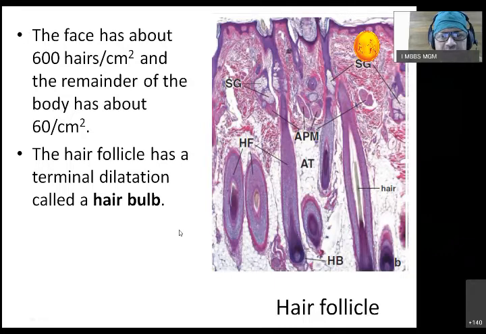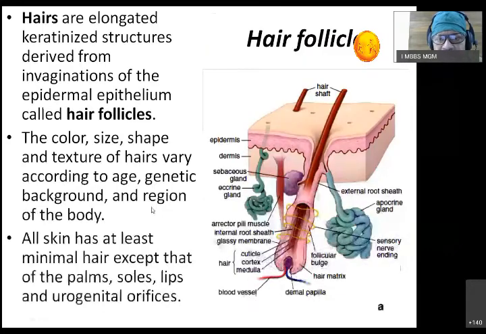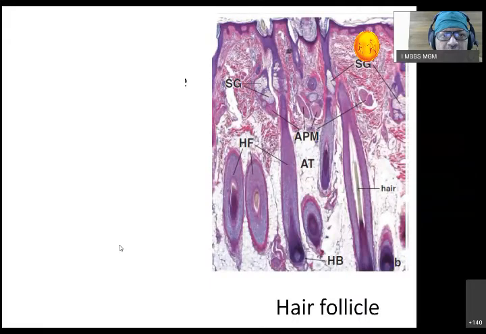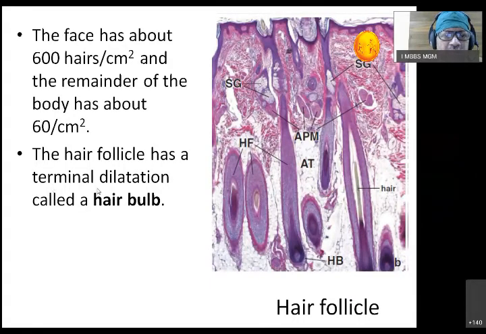The hair follicle has a terminal dilatation. If you see here in this slide, you can see this terminal dilatation. That is what we call the dermal papilla, or the hair bulb. And what does this hair bulb contain? It contains the sensory fibers as well as the blood supply. We always talk about nourishing the hair. A lot of the time our mom puts a lot of oil on our hair and says that this will nourish it. That is a different thing. But this is what nourishment basically is. There are drugs now which help in increasing the blood supply to the bulb. So what is the hair bulb? It is the end of the hair follicle which shows the blood vessels and the nerves.